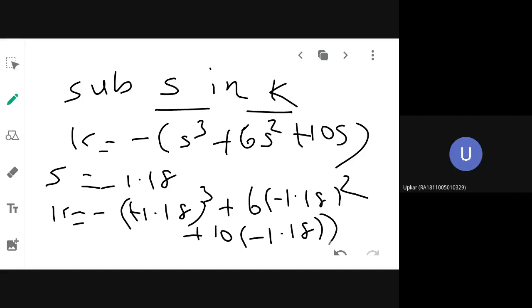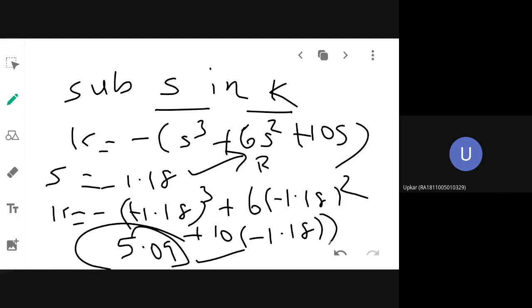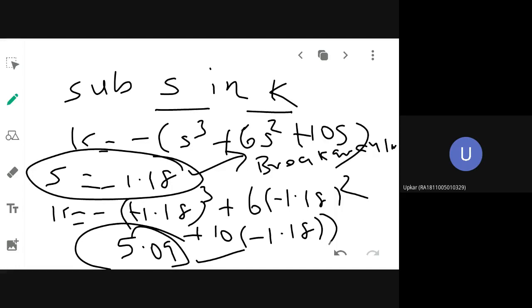For s1 it is 5.088. 5.09, I think so, you will get. Yes, ma'am, we must be getting this 5.088 answer. So is this positive real or negative real? Positive real. Positive real means this will be forming a breakaway or break-in point. If it is negative real, it will not be a breakaway or break-in point. Understood? This is the procedure for finding breakaway and break-in points.